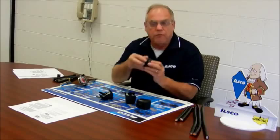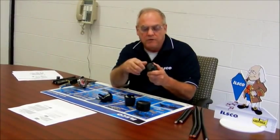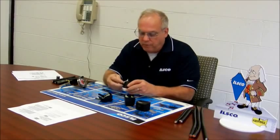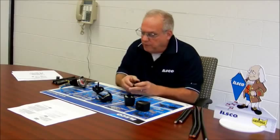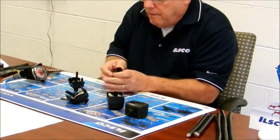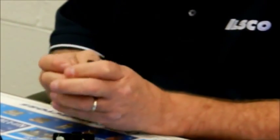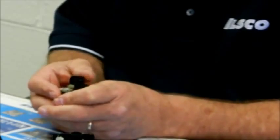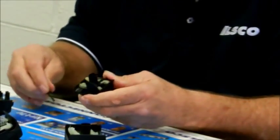Now this is the 4-aught 2-aught, which is the same thing. It's a smaller wire size. We're going to take it apart. We're going to make it work for us, install it. I'm going to break the tab. Okay, now,